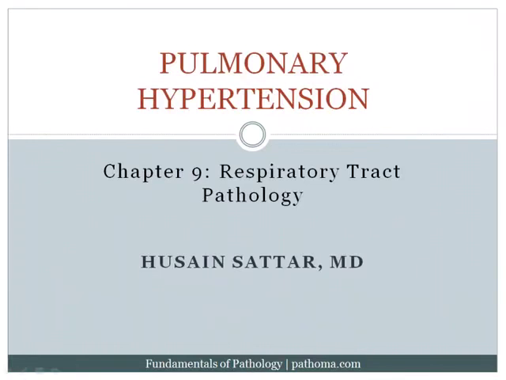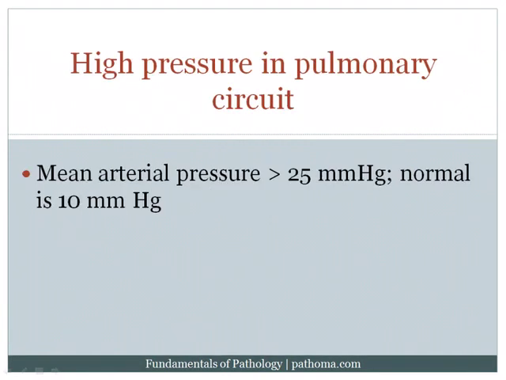Okay, the next section deals with pulmonary hypertension. Recall that we have two independent circuits coming off the heart. We've got a systemic circuit and we've got a pulmonary circuit. Of course, the systemic circuit can undergo hypertension, and we've discussed that in extensive detail in the vascular chapter. And now we're going to focus, very briefly, on pulmonary hypertension, or high pressure within the pulmonary